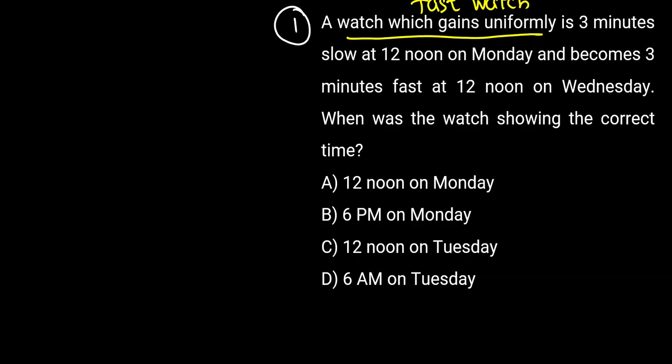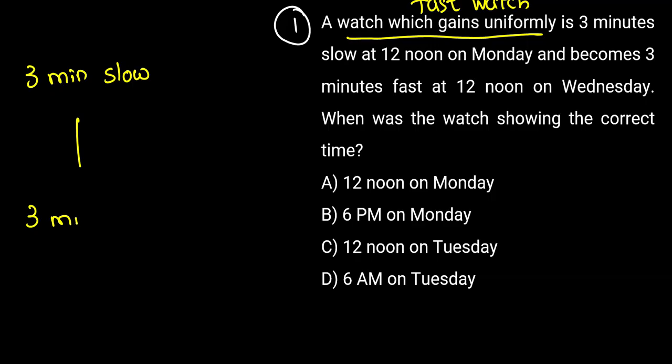Your watch is a fault watch. So a fault watch, which is fast, right? So basically, you understand, sir, how this is happening, how slow becomes fast. Understand the first line, my dear friend. They said the basic property of your watch is fast. So it is 3 minutes slow and becomes 3 minutes